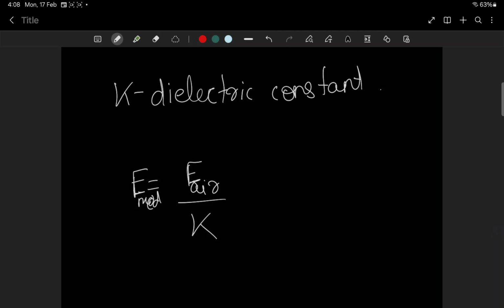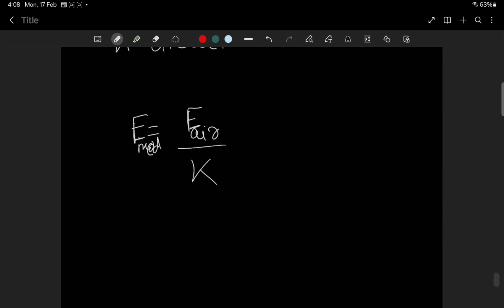Right? And here now I am going to tell you something. What is this dielectric constant? The dielectric constant is a constant that is specific for a specific medium, which tells us how much the electric field decreased when we keep a dielectric in an external electric field. How much the electric field is affected is given by the factor called the dielectric constant.